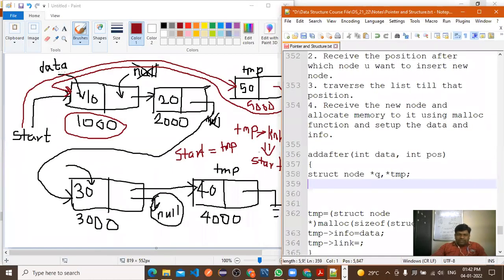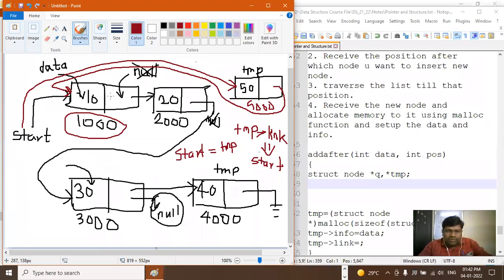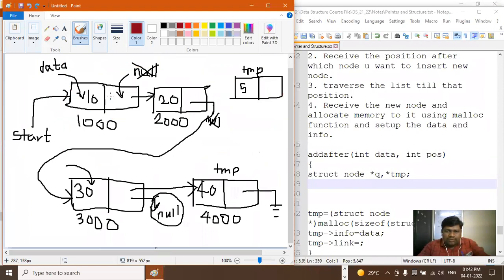Now these are the list. Is it visible to all? Okay. Suppose you have four nodes: 10, 20, 30, and 40. Right.